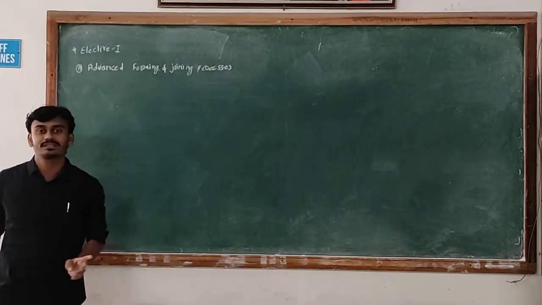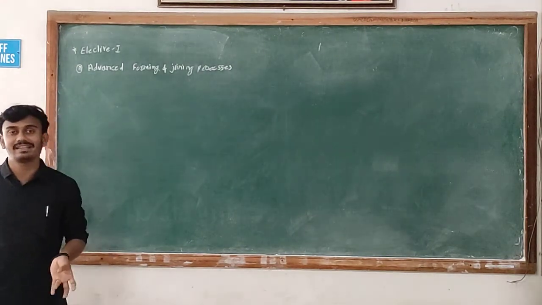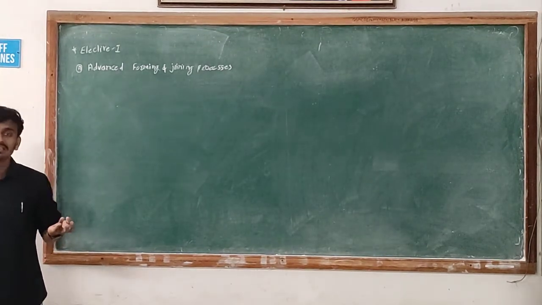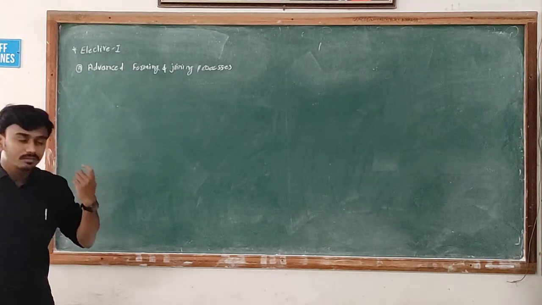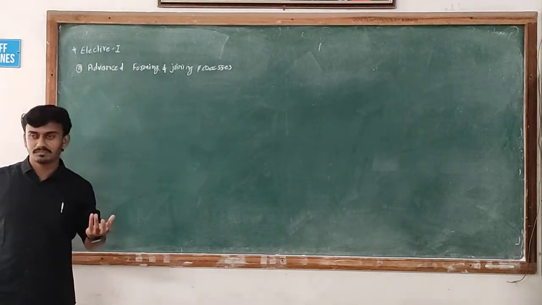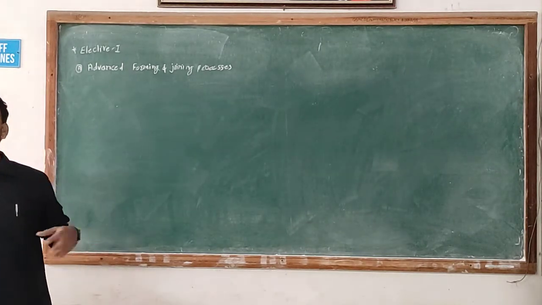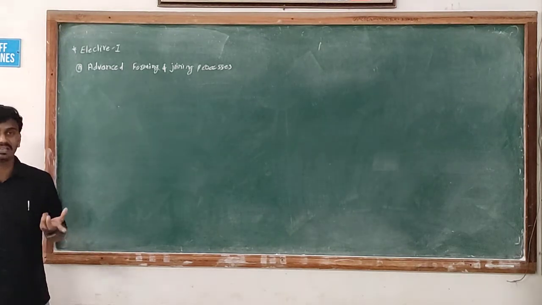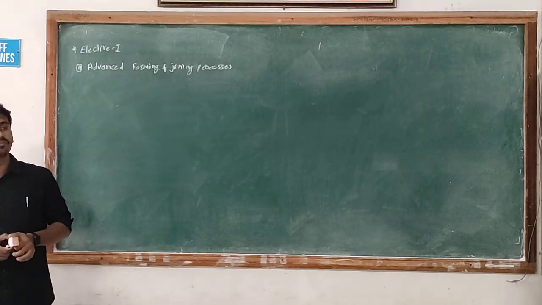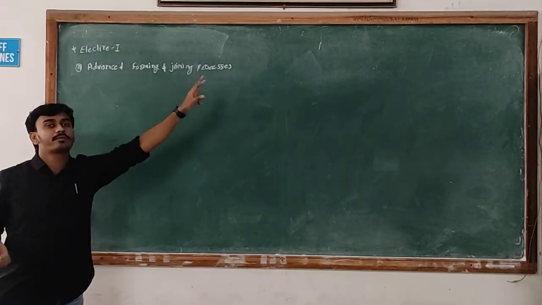And the next one is the joining process. All of you know that the joining processes in our manufacturing industry are welding, then soldering, then brazing. All these are joining processes. To join metals we have welding, soldering and brazing, but to join plastics there are different processes or different types of chemicals or glues used. In this syllabus we have only the joining processes of metals.